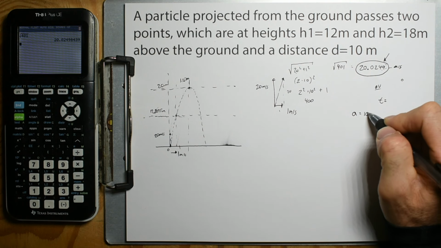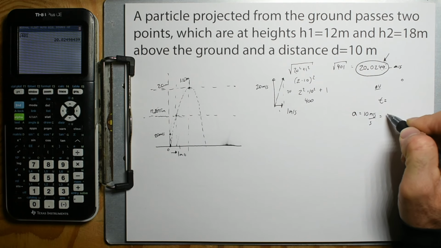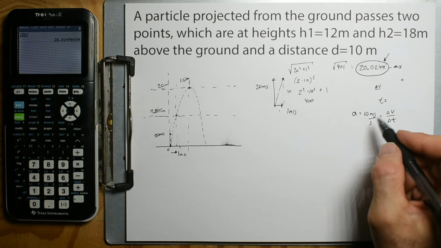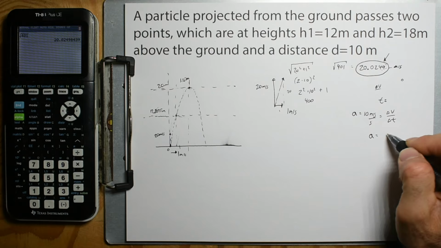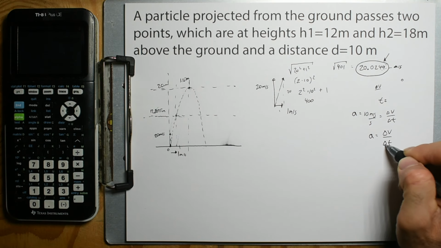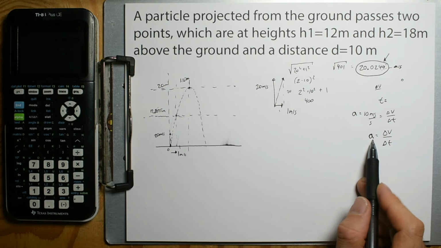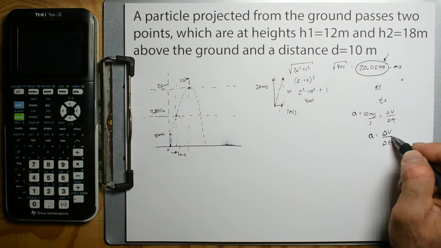Acceleration is 10 meters per second per second. That's going to be the change in velocity over change in time. So here's the equation that I have, and that's the equation that I said. Acceleration is change in velocity over change in time, and this is the actual instantaneous acceleration, and I can solve for it using any